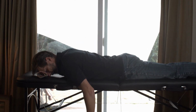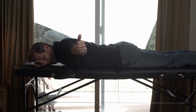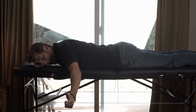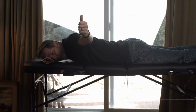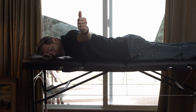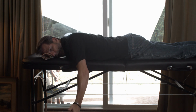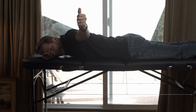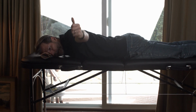T's. I can do one arm at a time, hanging over the edge of a bed. I can just bring my arm up and back. Now, if I'm extremely weak, I tend to teach people to fire muscles by isometrically holding for about 5 seconds, building up to 20 or 30 seconds. When you can isometrically hold those for 20 or 30 seconds, that's when we can start going dynamically through the movement